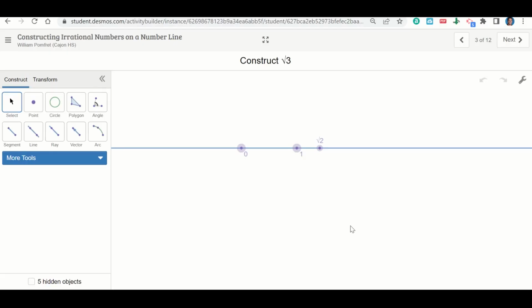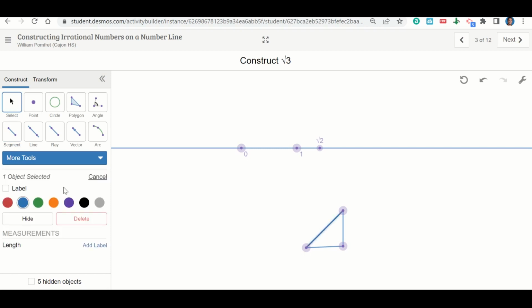Let's talk now about how to construct the square root of 3 on the real number line. So on this one, we're given 0 and 1, and we're also given square root of 2. So what we should notice is, if we were to create a right triangle, using the Pythagorean theorem, if we want this side here to be square root of 3, that's what we're trying to achieve. So we'll go ahead and put that in. So if we want that side to be square root of 3,